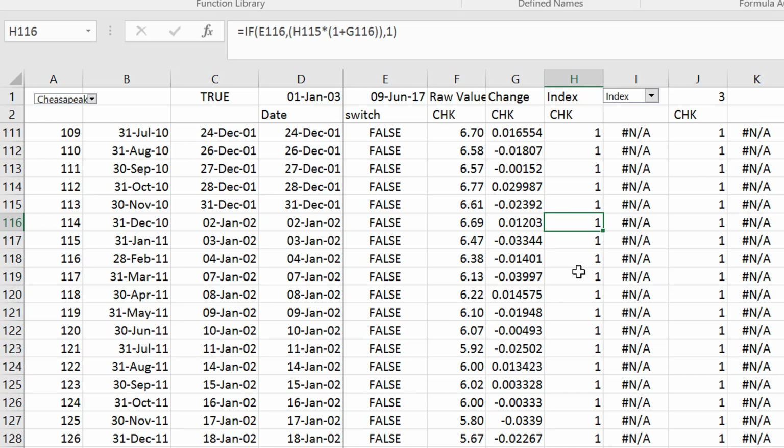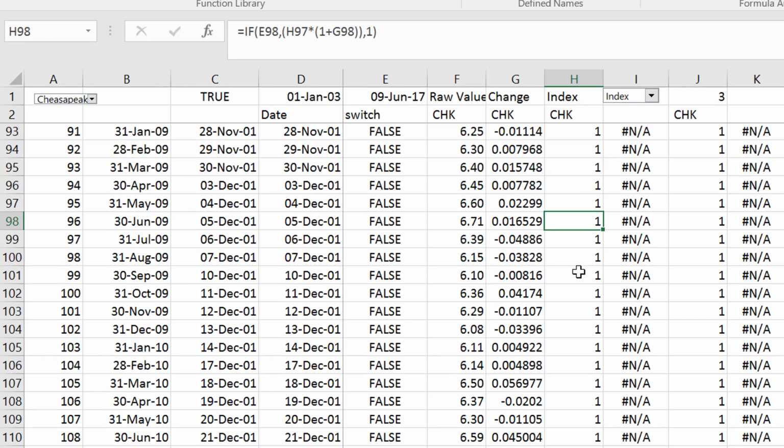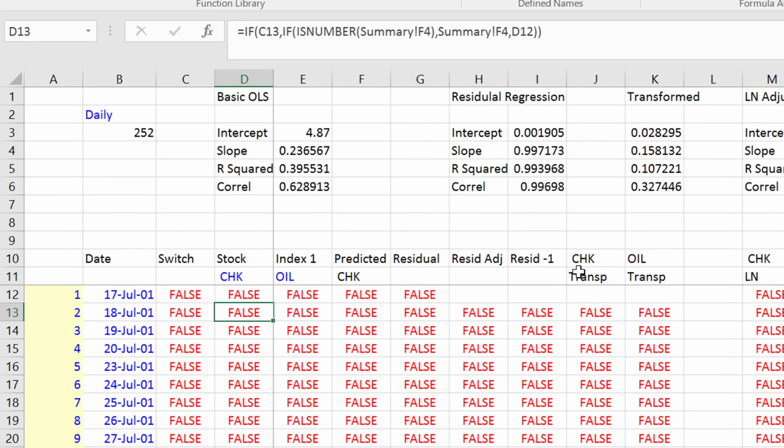I was going to open generic macros and color all the falses and all that. So that's what I did here. Now in this case, we still have Chesapeake versus the oil price. And maybe to show you how this works a little bit,